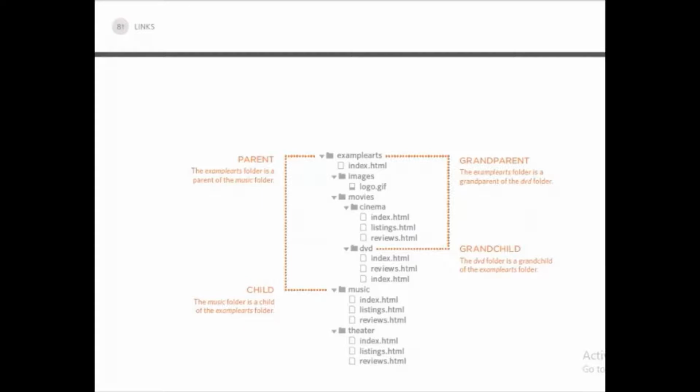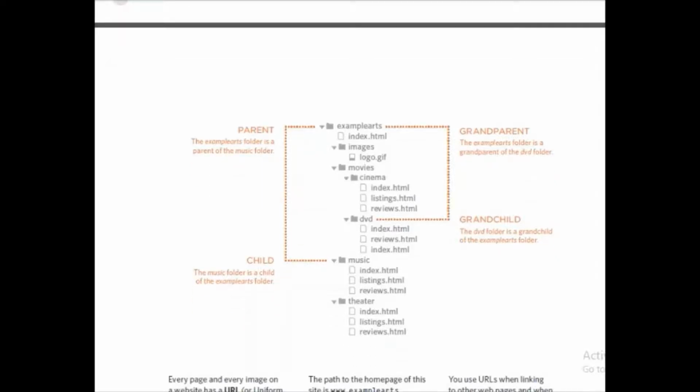And then it is very important to know about the directory structure, because you will be basically uploading files from your own system. So you should understand that this DVD, its parent is this movies, and its grandparent is this one. This is the hierarchy. Then these are the grandchildren, like cinema and DVD are grandchildren of this example arts. Okay, this music is the child of example art, because it is coming after that in the hierarchy. This image is also a child, movies also a child. Cinema and DVD are grandchildren. In the same way, this is parent as well as grandparent, but in two different directories. So you should keep in mind the hierarchy.